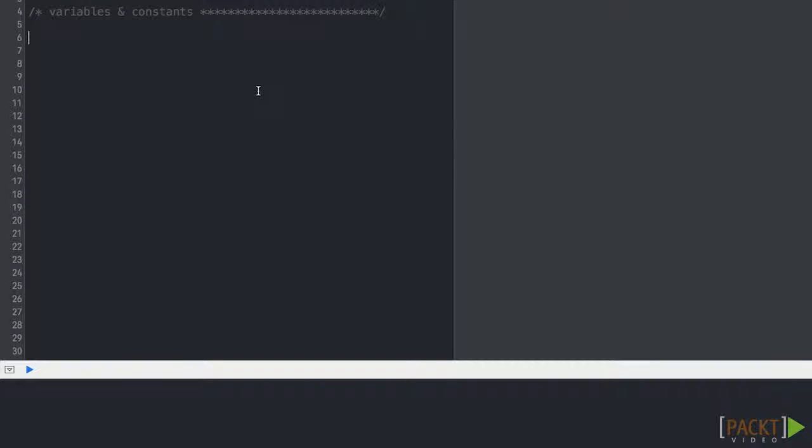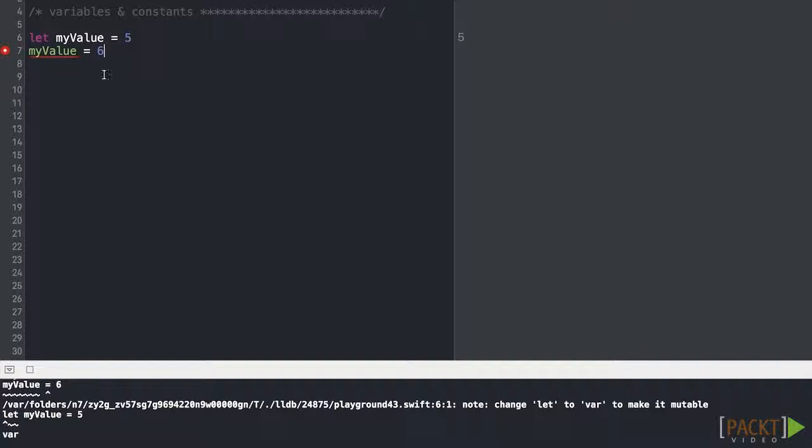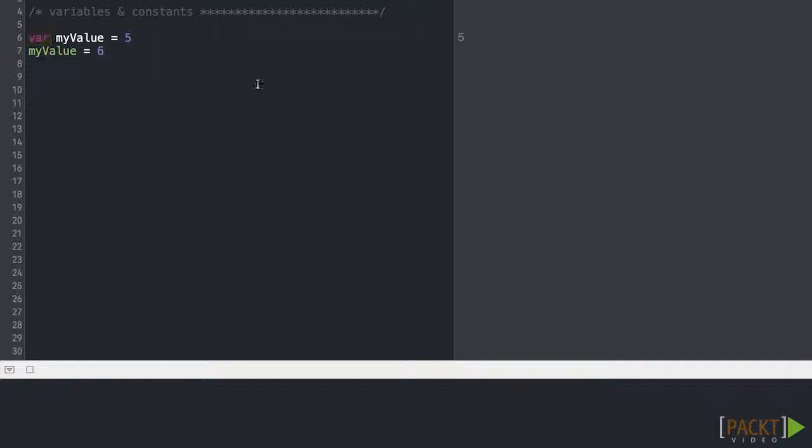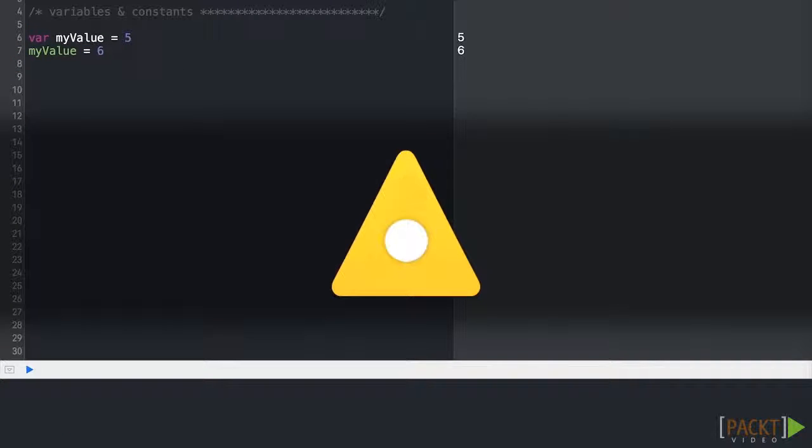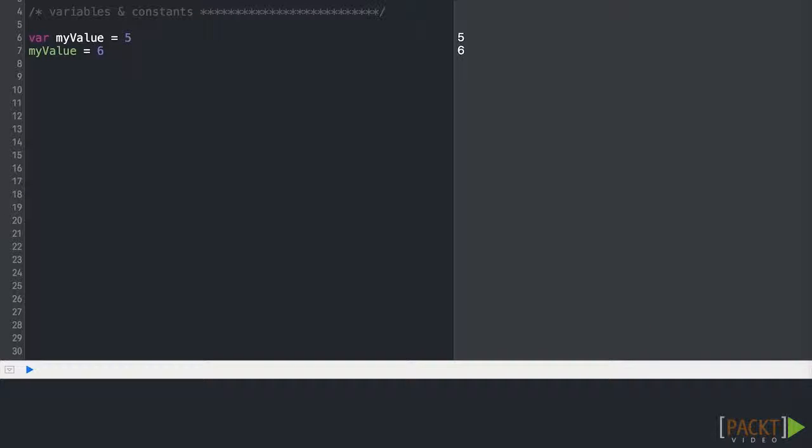One of the first things we notice in Swift is the heavy use of constants. We first define our stored properties as constants and only change them to variables when mutation is necessary. In fact, the compiler enforces this behavior with warning messages. Now, this is actually a good thing for our application's performance because it encourages us to use variables sparingly. Since constant values are guaranteed never to change, they are considered thread-safe and can be optimized by the compiler, making